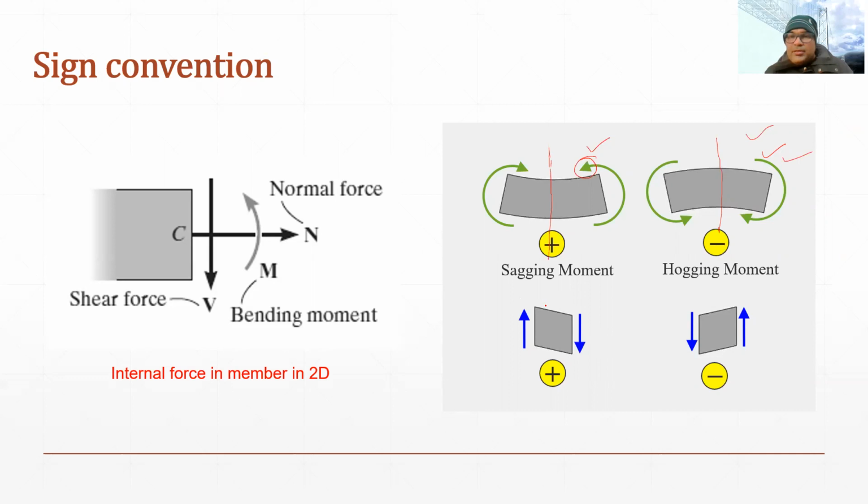Similarly, in the shear force case also, as we are considering the right hand side portion, downward force will be considered as positive and upward force will be considered as negative, which was not the case in the previous example. So now everything is reversed. Why? Because we have taken the right hand side portion of the beam. Had we taken the left hand side portion of the same question, then the same sign convention would be followed as we did in the previous example. So now we will follow the sign convention accordingly.